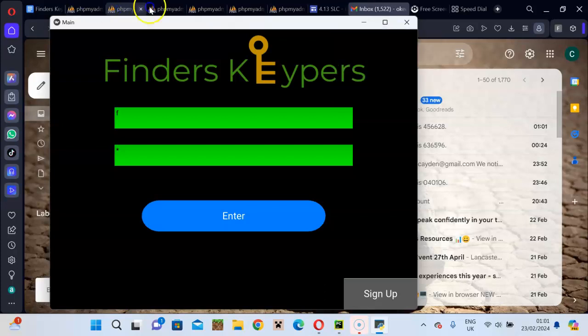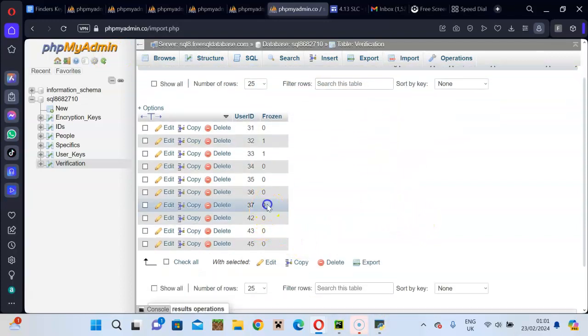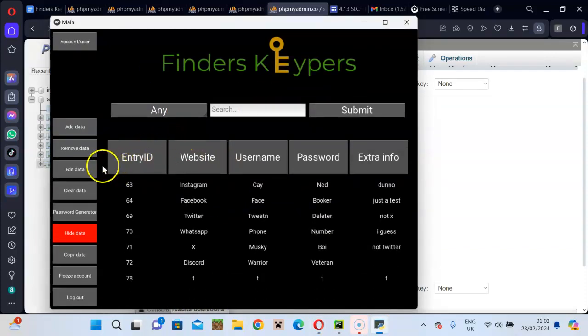And if we check, which one was verification? This one. So we're 1 right now, we refresh it. It automatically refreshes for the program, but when I'm viewing it through this website, I need to refresh it each time. 0, we're unfrozen. And as you can see, we can go back in. And that is all of the